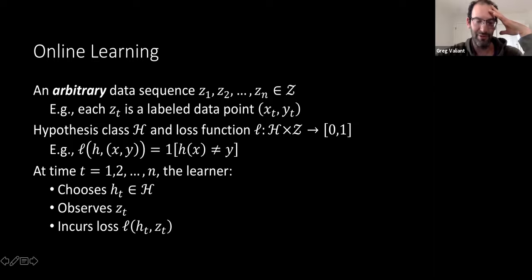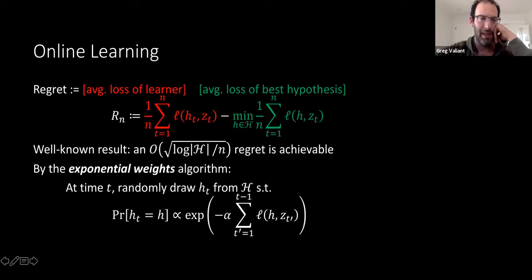We observe the outcome and we get some loss. And the usual notion of regret in online learning is, we're allowed to pick a new hypothesis at every step, and we're asking what's our loss compared to the loss of the best hypothesis in hindsight? And in this setting, there's the classic exponential weights algorithm, which does quite well, gets this logarithmic dependence on the size of our hypothesis class, and we pay the usual root